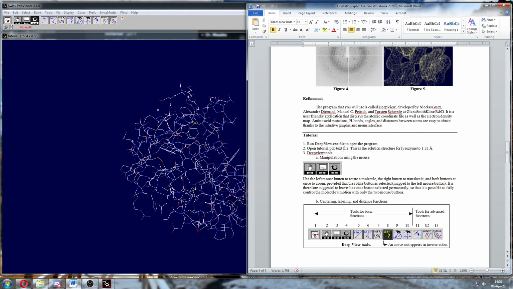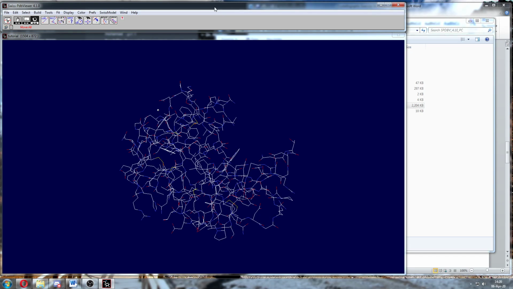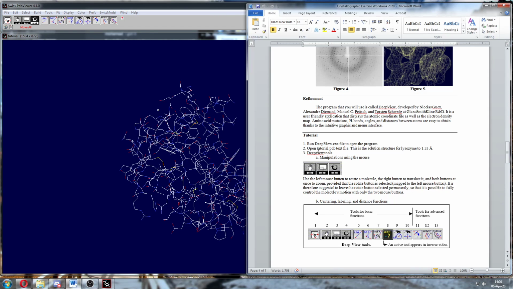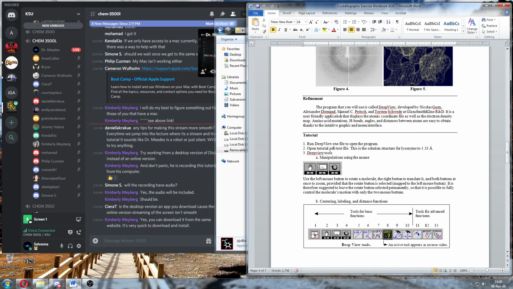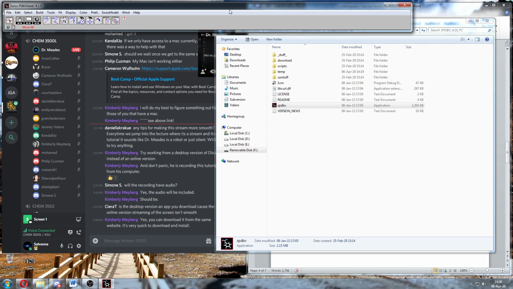So we're opening the program itself, which is this one with the little icon, the Swiss PDB Viewer program. When you double click that, it'll open this window up top. Then in the tutorial, I'm asking you to, once it's open, open tutorial.pdb, and I'll close it and do it again. Right, so I'm going to open the program by double clicking this, close the acknowledgements window, put